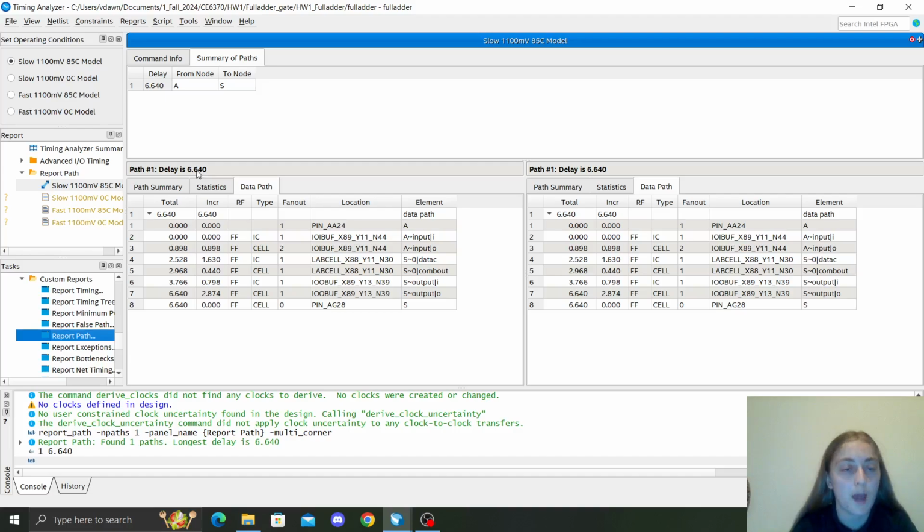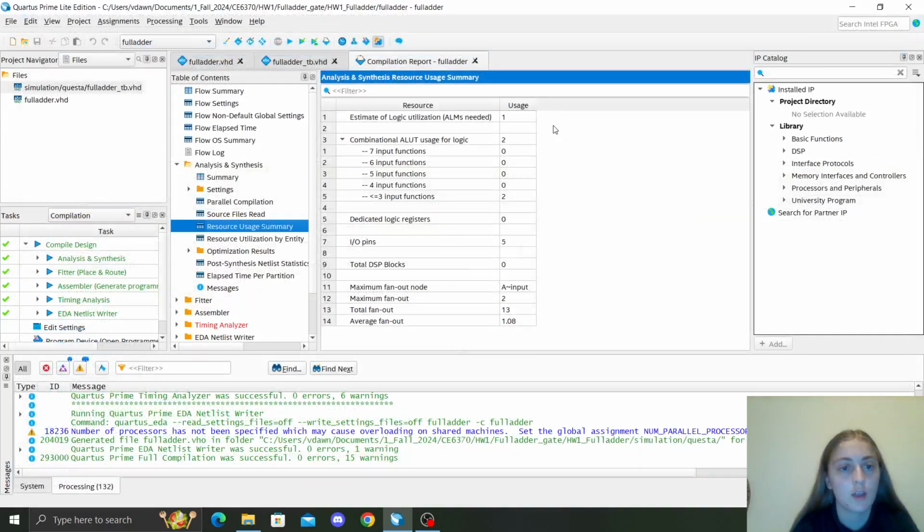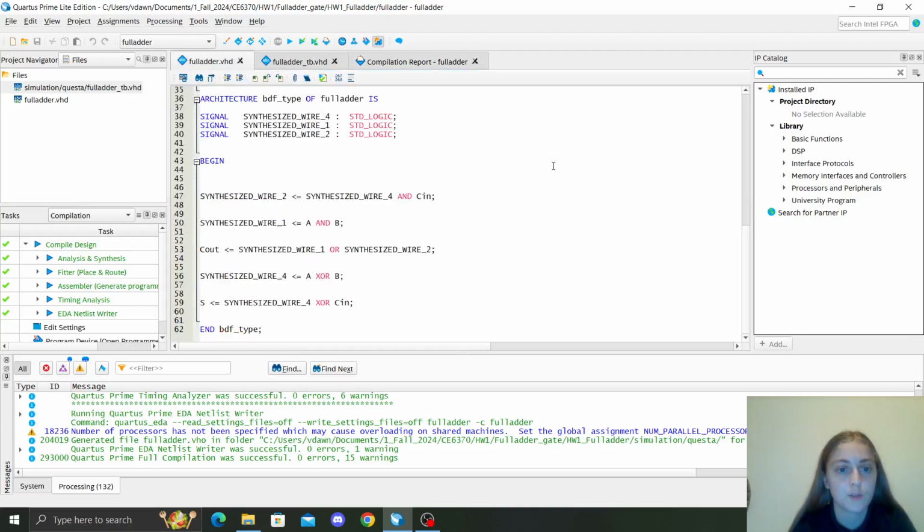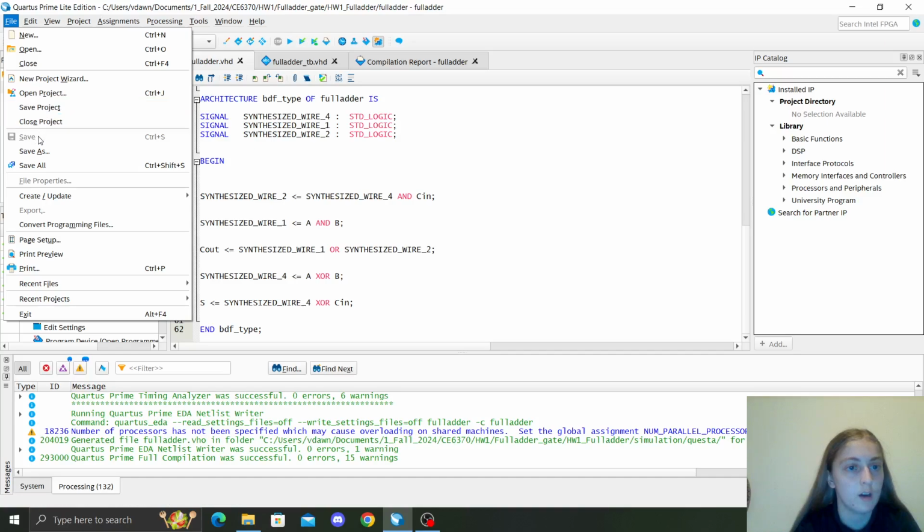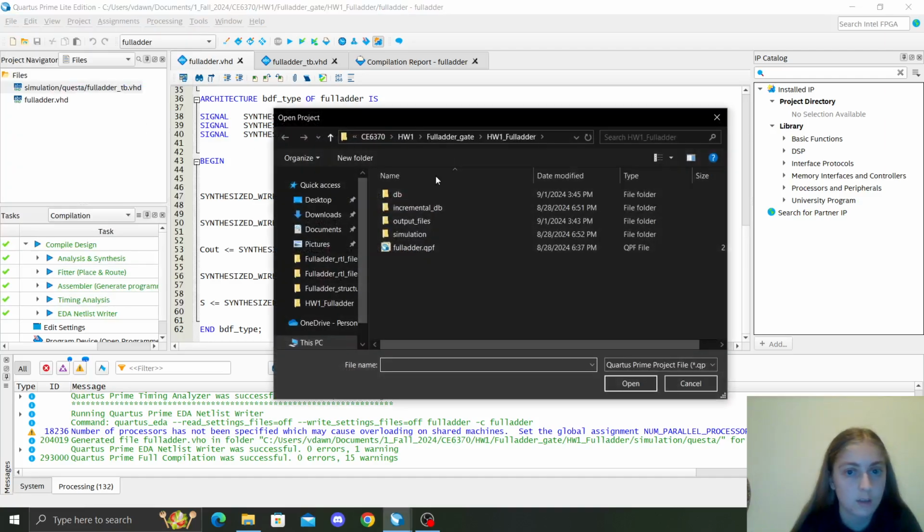The critical path delay is 6.64, which is from element A to S, so 6.64 nanoseconds. And then closing that, next, so this was the schematic, from the schematic to get this source code. Next we are going to look at the generating from RTL, so open project,